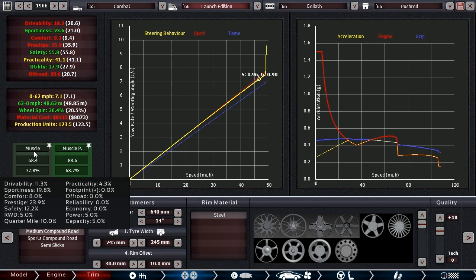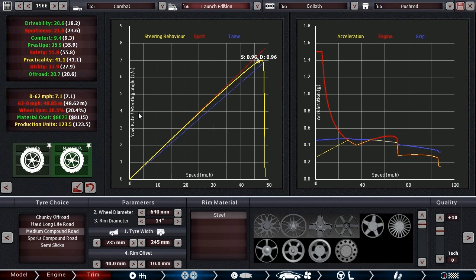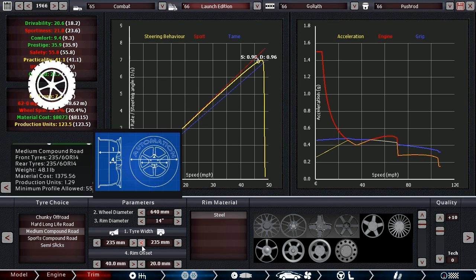88. And we're pushing it out of the regular muscle. I know. Premium is where we need to be. We made it oversteery though. That's no good. I think it was happier on the...